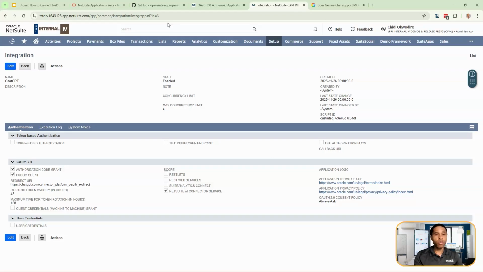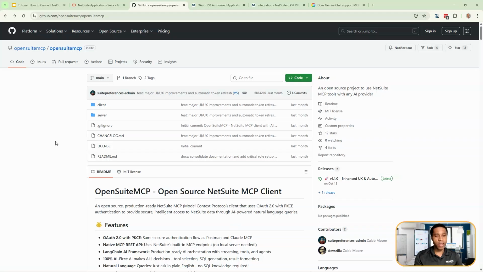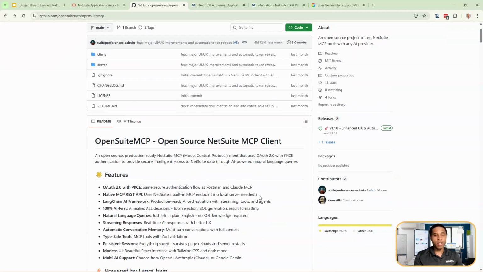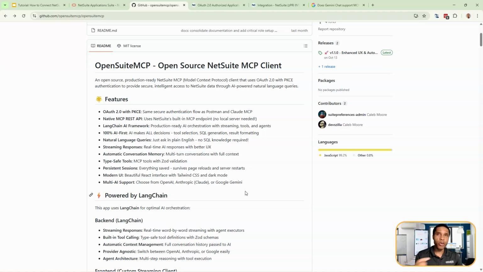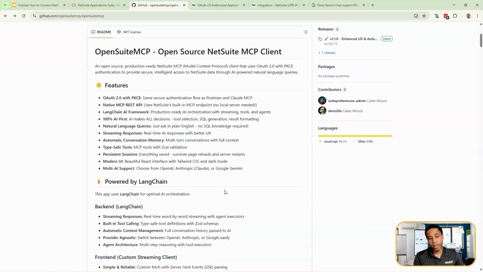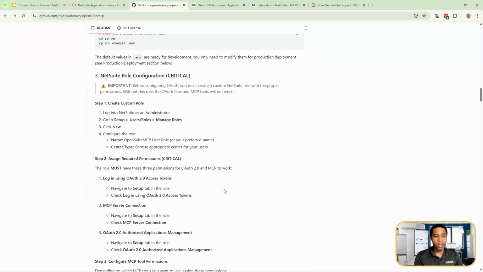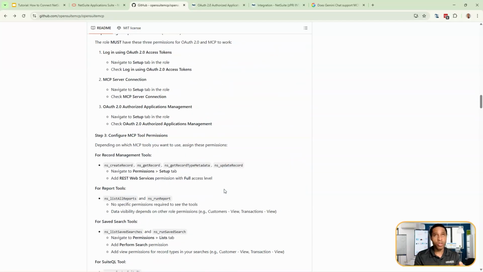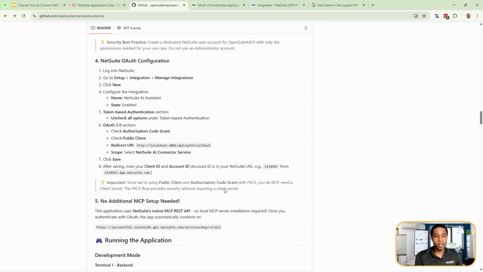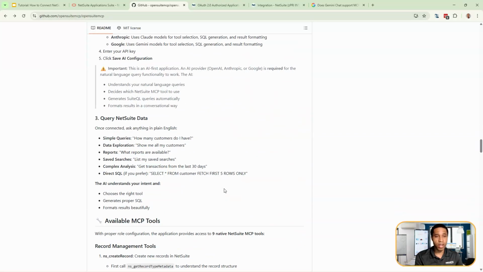I want to highlight one more tool that is out there, created by someone in the NetSuite community, and shout out to Caleb for this tool. He has created what he's calling the OpenSuite MCP client. Now, this tool uses a combination of open source technologies to allow you to connect NetSuite to a couple of AI applications. Currently, as far as I can tell from documentation and initial tests we did, we were able to connect ChatGPT. I think that's the one we focused on testing, but the documentation here suggests that you're able to connect ChatGPT,